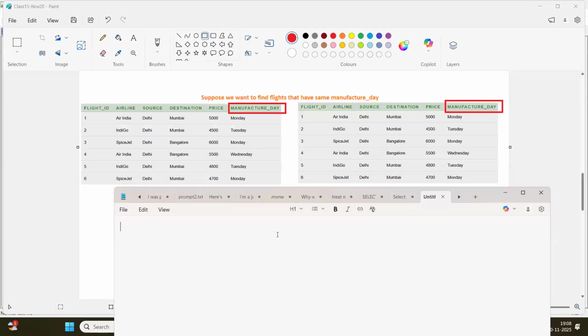Guys, as per the syntax, we'll go today. The query is: select star from flights one inner join